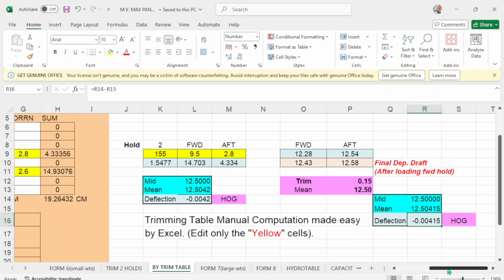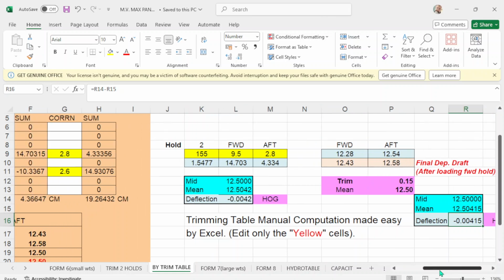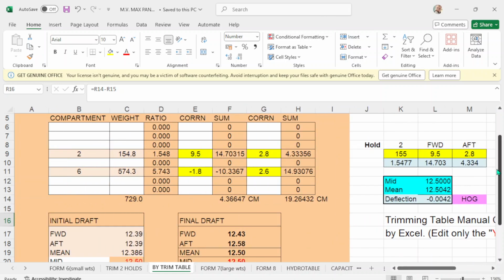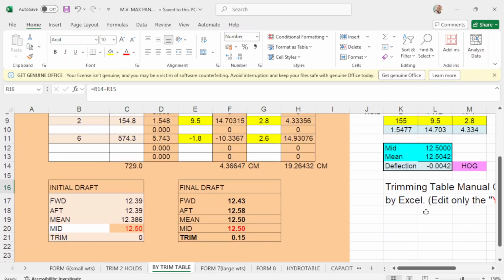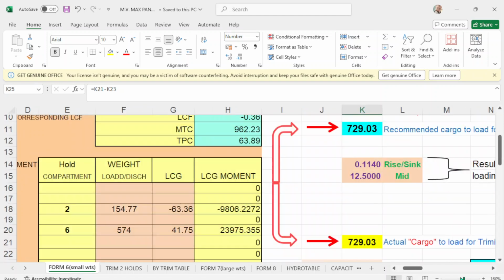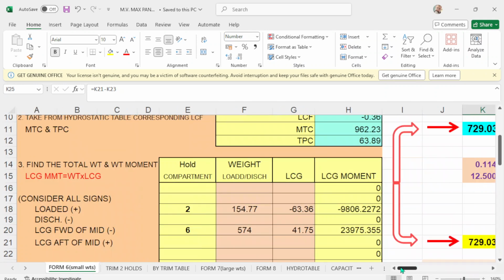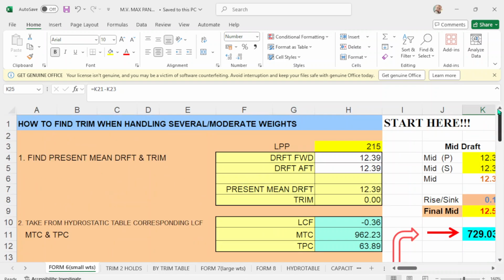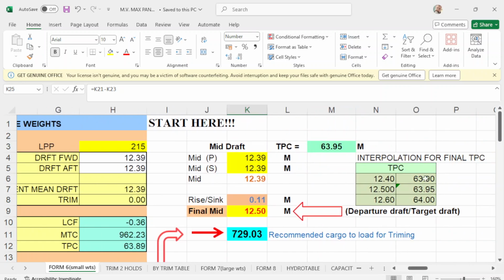So you have 3 programs to configure with. You have this hold 6, you have this one. It's for number 6, which is what you call how to find trim when handling several weights. And your final, take note of this one, your recommended weight will be 279.3. This will be your final departure drop.